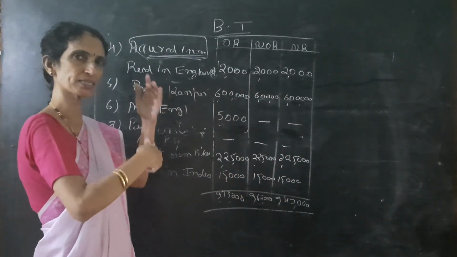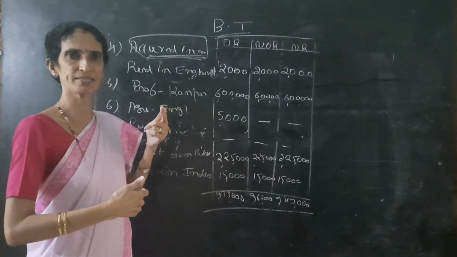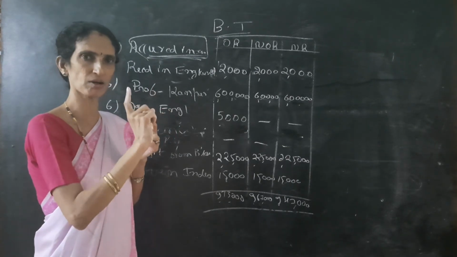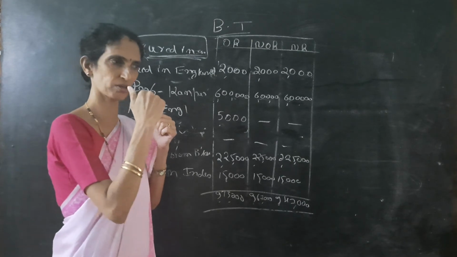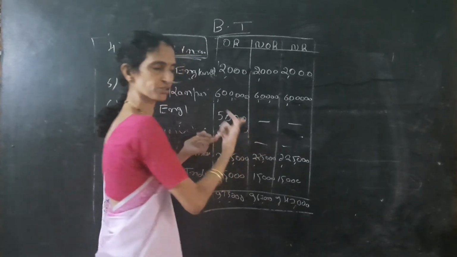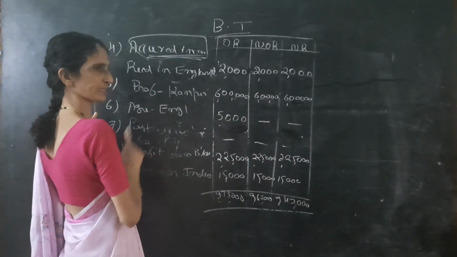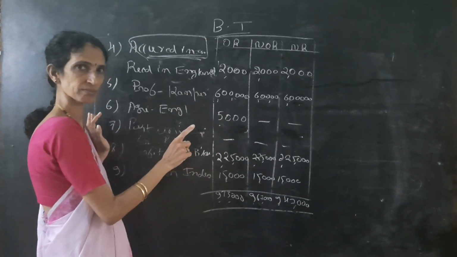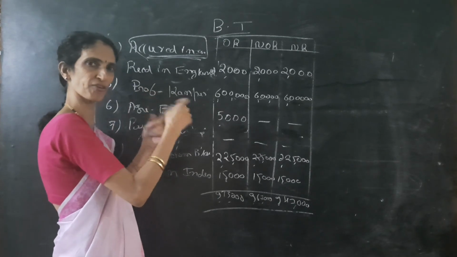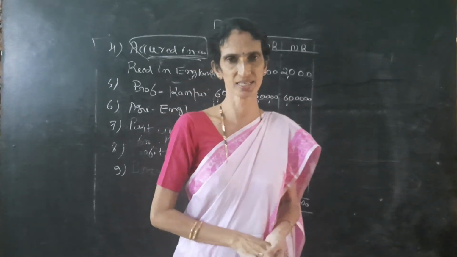If in the problem it is combinedly given, for example foreign income set up in India, it is important. Set up in India means two columns. Foreign income is one column. We have to give the importance to the number of columns. So two columns is more. So we have to give the importance to set up or controlled business. Then any untaxed dash dash dash. Then agricultural income from India dash dash dash. Agricultural income from foreign country S dash dash. So we can see in the next class. Thank you.